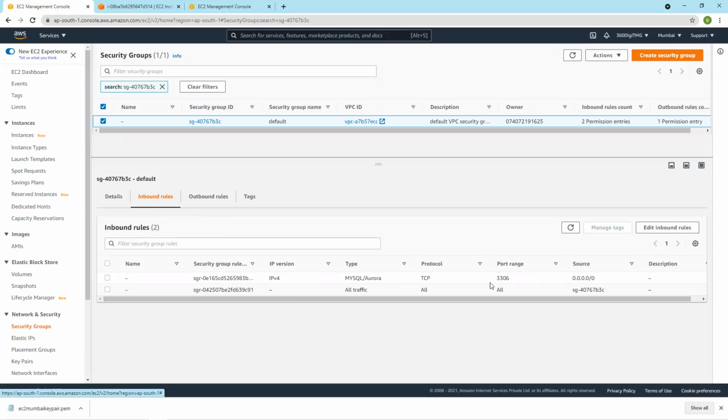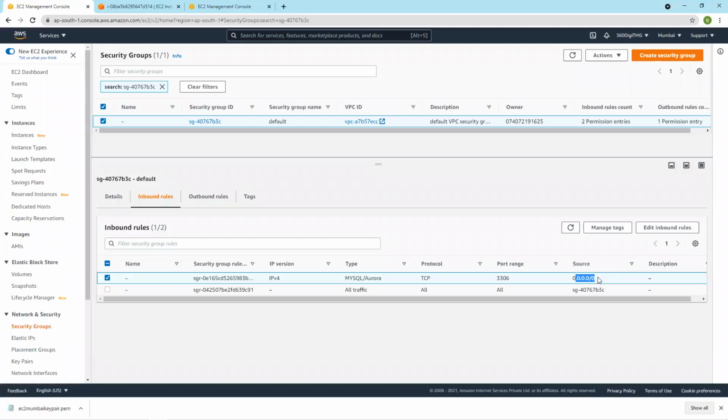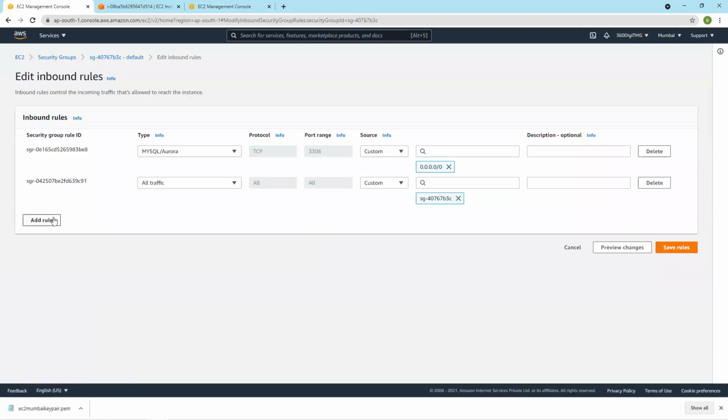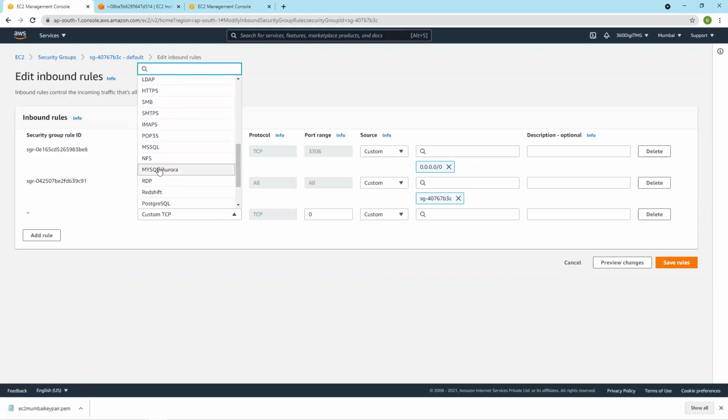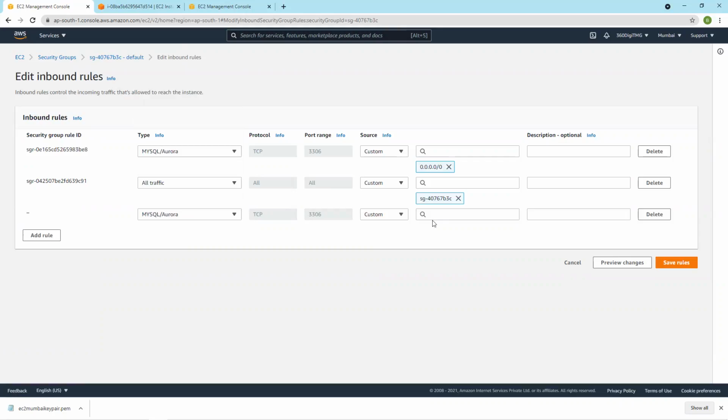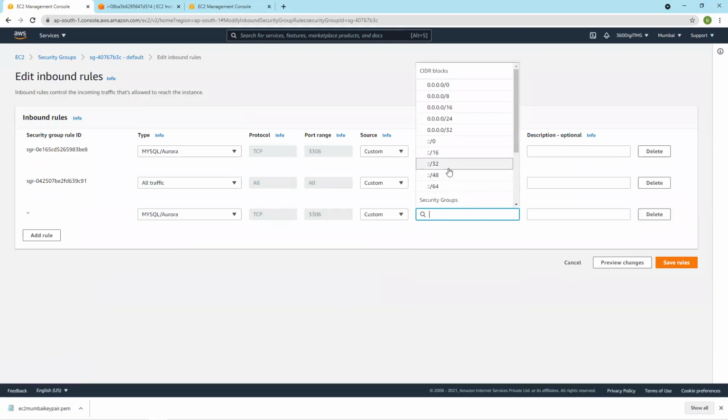You should add a rule allowing traffic from the internet, since it's a public database. Suppose you have launched a private instance, then edit inbound rules. You have to allow the traffic through the MySQL port, and you have to add the security group of the instance.